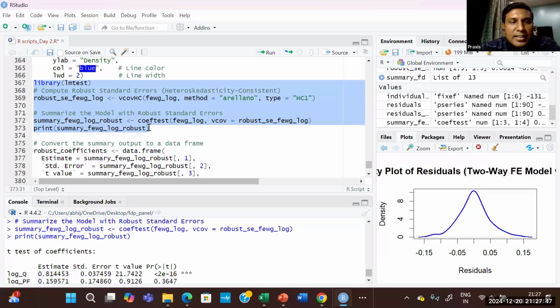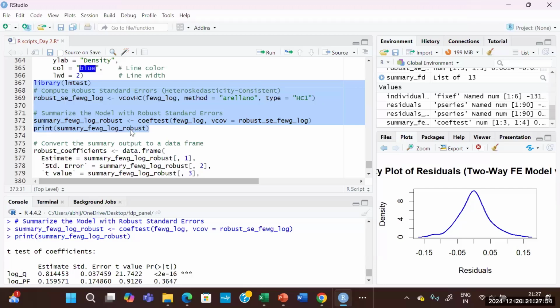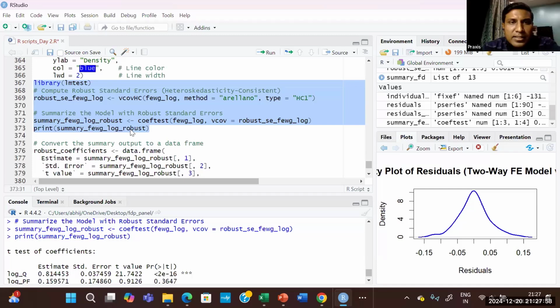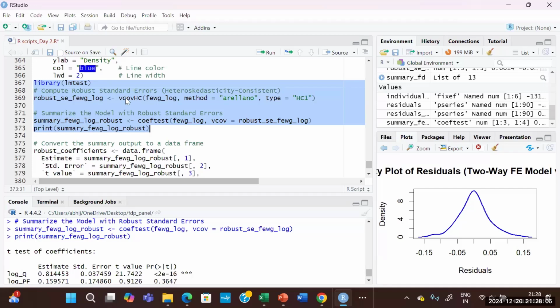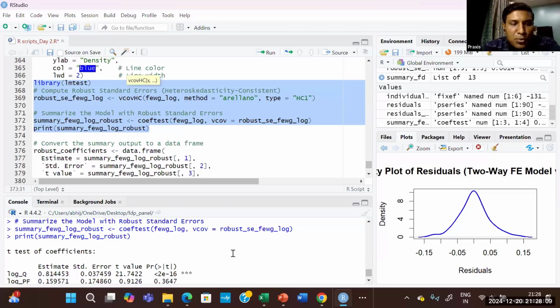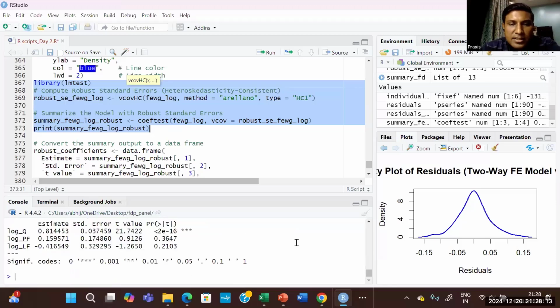Those codes are for taking the coefficients. Done, sir. Okay. Are you getting the answer? Yeah, output is coming. Yes or no? Yes, sir. Okay. So now look at the estimates. If you look at the estimates,